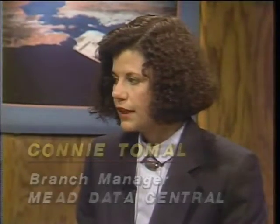Nexis is Mead Data Central's general news and business information service. It contains 145 files, which are organized into files that can be searched all at one time by the type of information, business, finance, that sort of thing. What I've asked it to do today is to look into the business file, which contains things like Forbes and Fortune and Business Week, as well as into the New York Times and the LA Times,